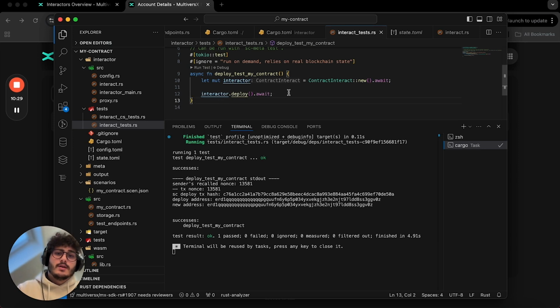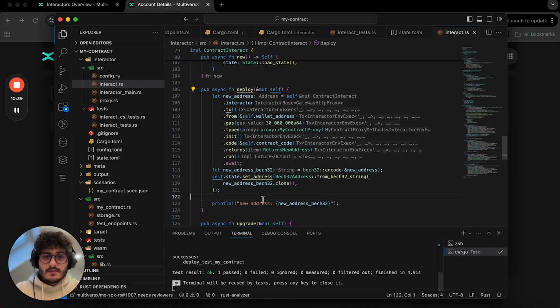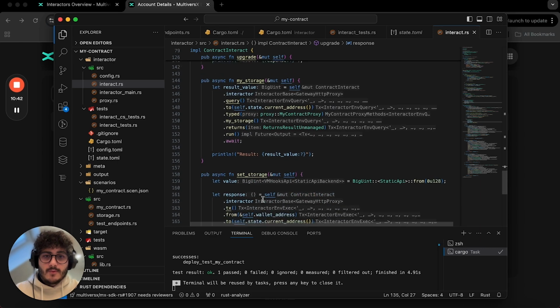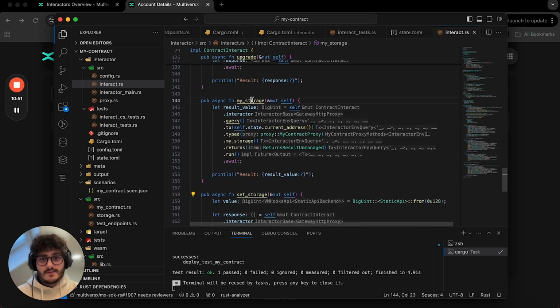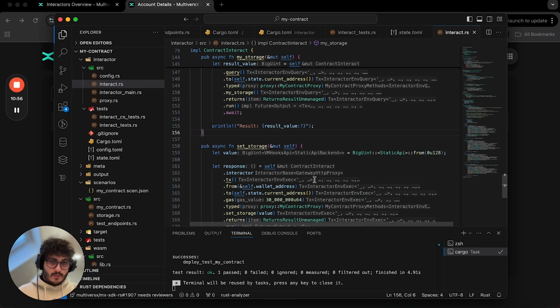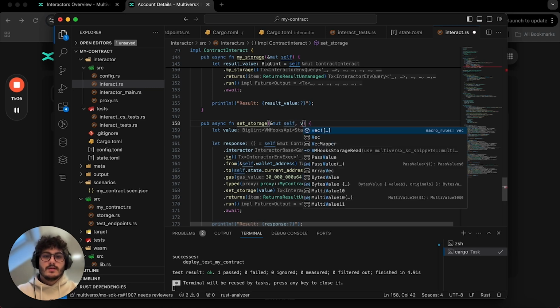Now let's try to not only deploy it but interact with it. Let's go inside functions, and we want basically to do the entire flow. So we have a set storage function, and then we have my storage view, which is a query. It's not a transaction anymore, it's just a query. So what we want is to be able to specify a big int value, set it in storage, and retrieve it. So in order to do that, for more customizability, let's just add this